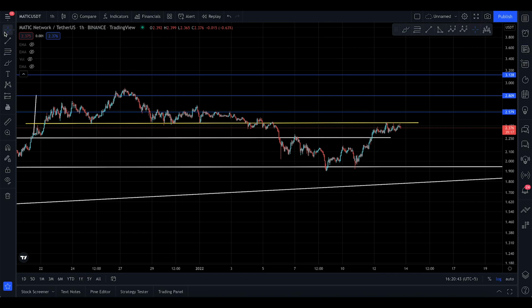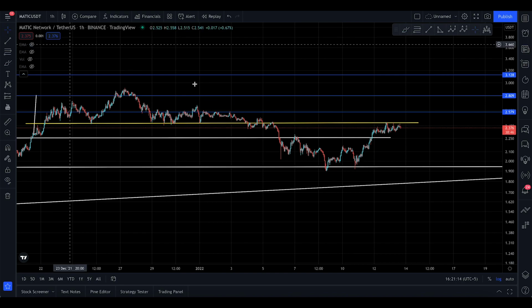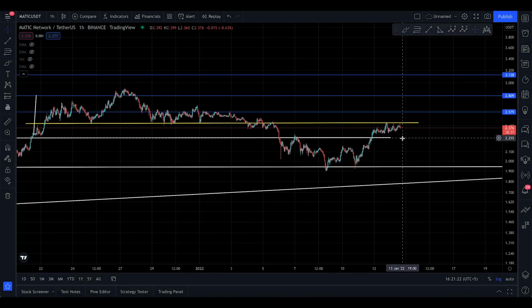Right now I'm gonna say this again, MATIC on the charts is superb, really good looking right now. But the problem lies with Bitcoin, and we are witness that whenever Bitcoin goes down, every single coin goes all the way down, and we cannot do anything about it. So be careful about Bitcoin. If I was to invest in MATIC personally, I would have invested when it was bouncing at the 1.9. But I'm still kind of fearful for Bitcoin, and I want to trade upon confirmation of things. So just watch what Bitcoin is doing right now.